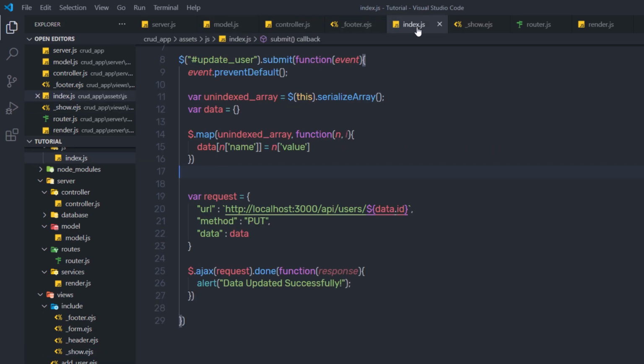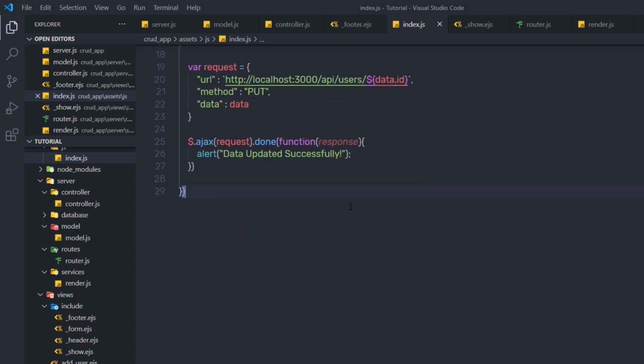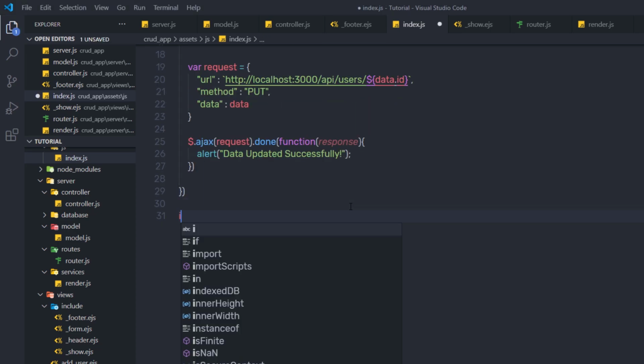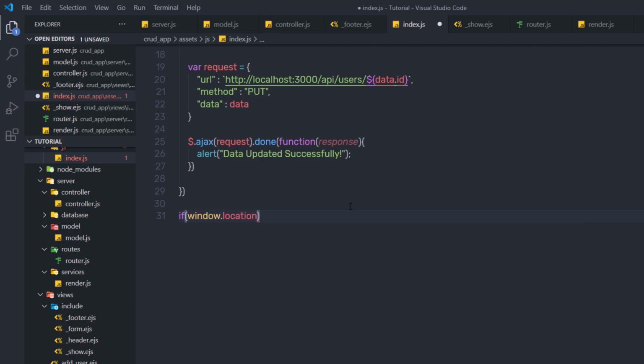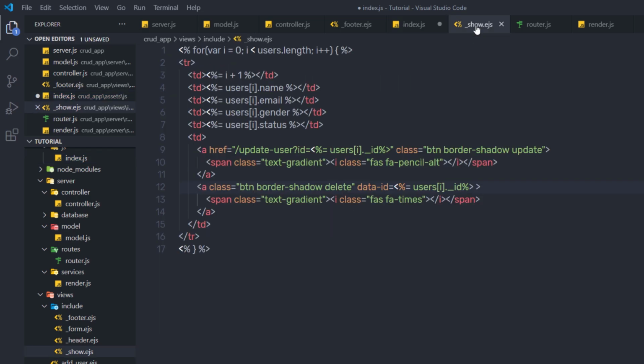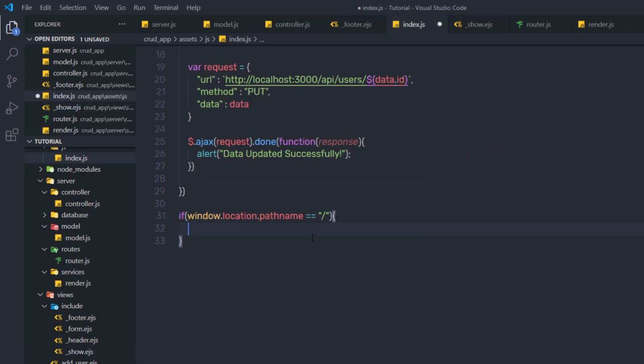Back to the index.js, and here I'm going to make a delete request. So here I'm going to create the if statement. Down here I'm going to say if window.location.pathname is equal to the root path, then I'm going to execute this if statement, because as you know, I don't have any href attribute on this anchor tag. So when I click on this anchor tag, I'm not going to navigate the user anywhere else. Let me go back to the index.js, and inside this if statement, here I'm going to say